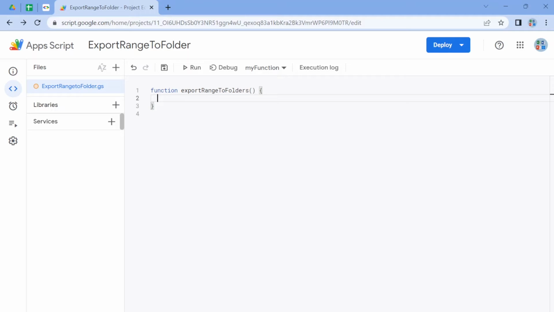Now Google Apps Script is a little bit different from Excel VBA in that it's a little bit difficult to debug directly from Google Sheets. In Excel, you can write a VBA, run it, and it can show you results directly onto your Excel interface. But in Google Apps Script, it's very, very difficult to do so.